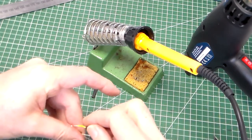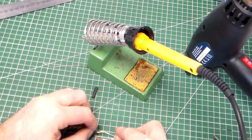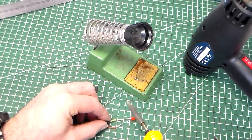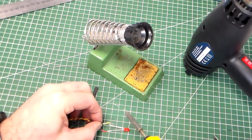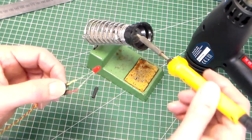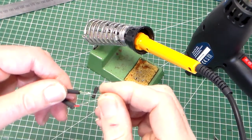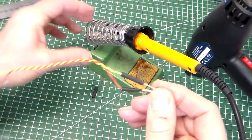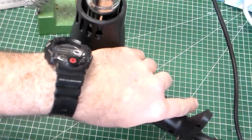Now here it's worth just coiling this round, and if you can, getting someone to help you, because it is a bit tricky getting the second wire on. If you have solder on both pieces though, it should be quite simple. Then we move our heat shrink up, and the last thing we need to do, if we